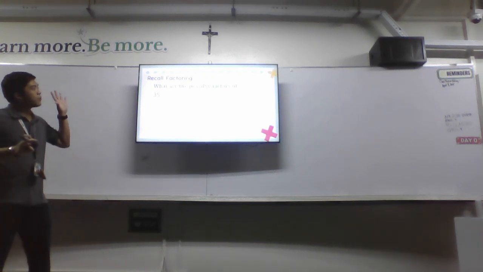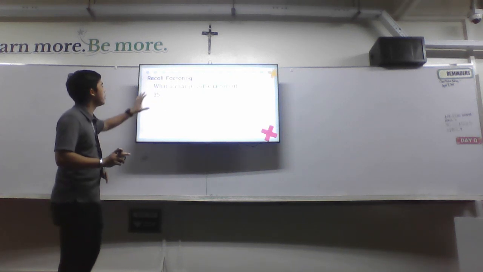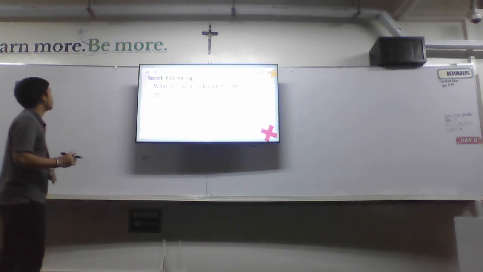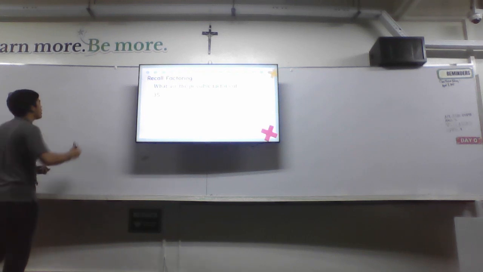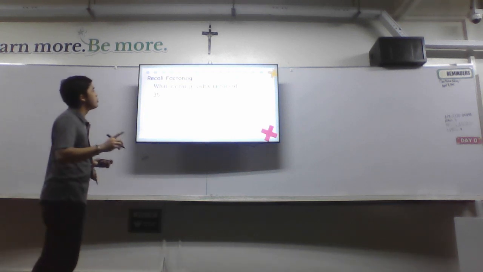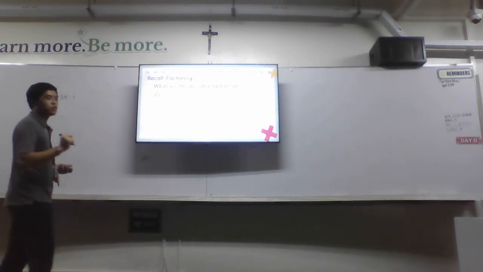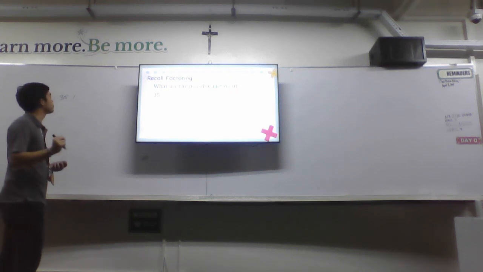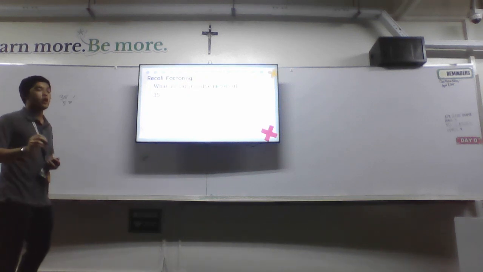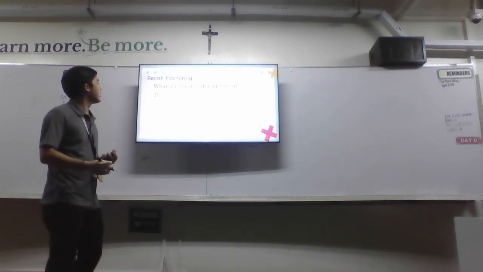The concept of factors is basically two numbers that, when you multiply them with each other, you will get this number. So we will get 35. What are the two numbers that when we multiply them together, we get 35? First, yes. Okay, so 35 and 1. That's correct. How about the next one? Yes. Okay, the other two possible factors of 35 are 5 and 7. If we multiply 5 and 7 together, we simply get 35. That is the concept of factoring.